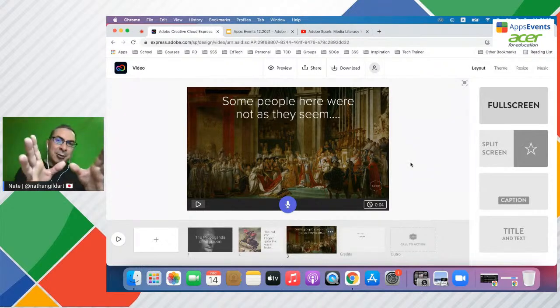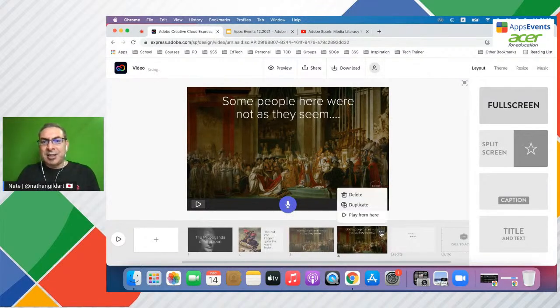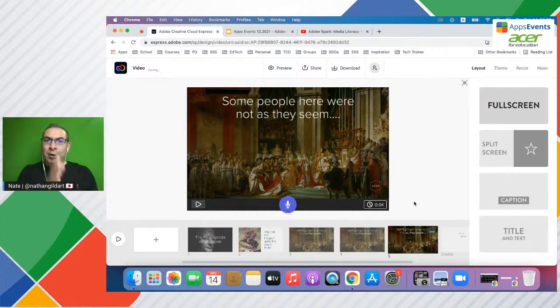Now, one thing I want to point out. I've made this image. When you record, it's better to record just little short sound bites. So for this one, I want to talk about a few different people in here. So what I'm going to do is mouse over down here and tap on the ellipse, and I'm going to choose duplicate. And I'm going to do that 2 times. And what that's going to do is allow me to record, but in smaller chunks that it's going to sound a little bit better. So now you notice we've got things here.